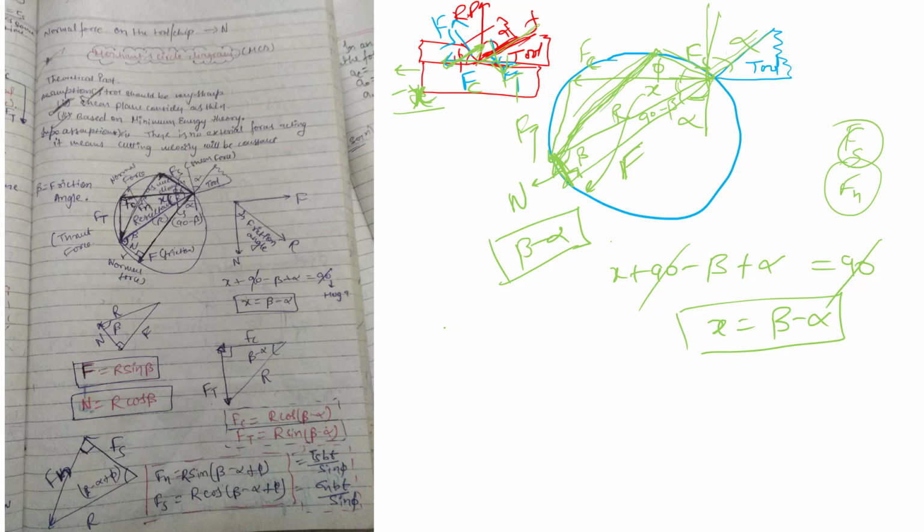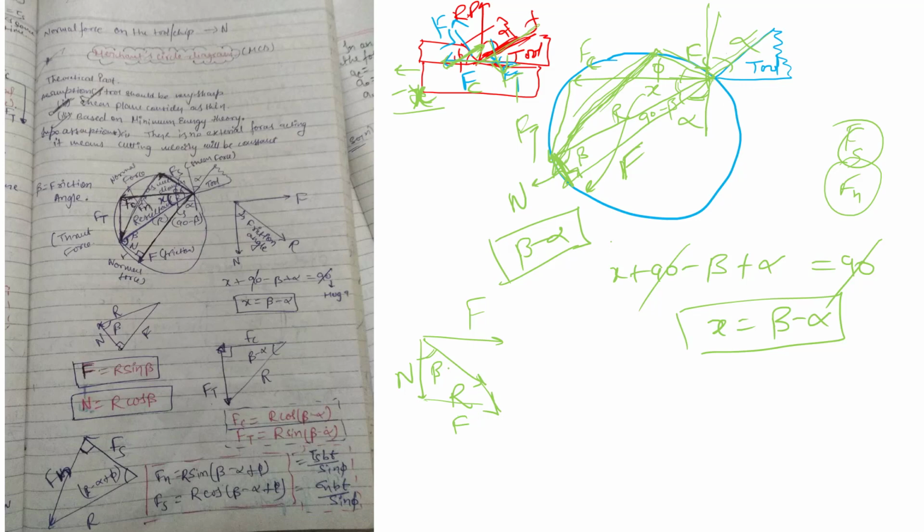Now let's make the vector sum so we can find the forces. I am taking the friction force, which is acting in this direction, and the normal force, which is perpendicular. Friction and normal are both perpendicular, and the resultant is in between them. The angle between the normal and the resultant is the friction angle, which is denoted by beta. If I make this a triangle, then this would also be an F.